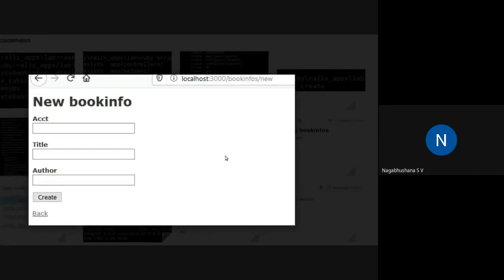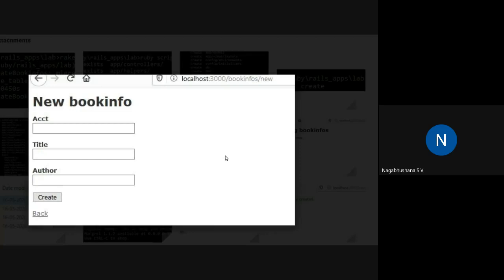See, you are not doing this. And on the right top, you can see new. So when I use scaffold, you have used this new.rhtml. Okay. Now account, title, and author, these three field names will come automatically. Now I enter the values here and click on the create button. Automatically the information whatever I enter will go and sit in the database. Even you can see the link on back. This is not created by me. This is a task done by the scaffold.